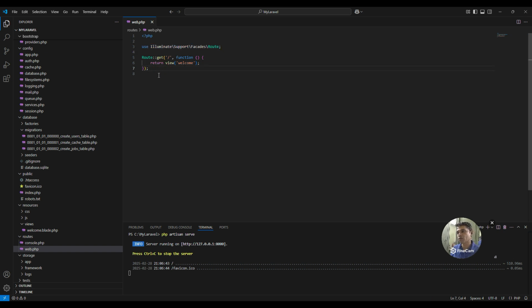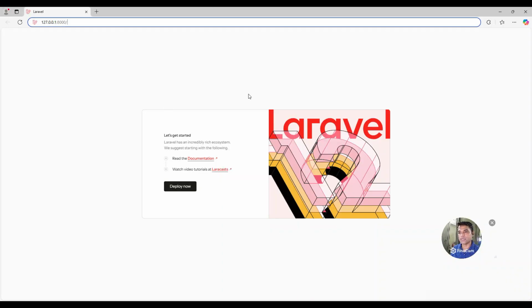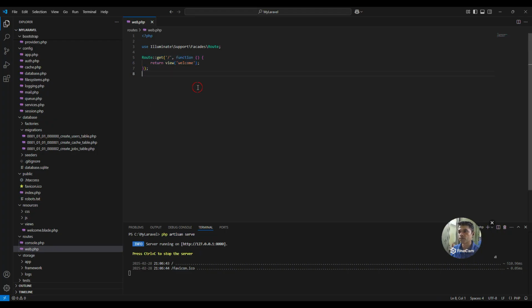So to define the route, the first demo route is already created, that is running because of this. This page is being loaded from this particular route. Now how is it defined? Just observe it. Route::get, the method is get, slash. Slash means the starting point of your application, that is the root of your application, and then it is defined that function. So what actually happens is when the user browses the root of your application, then this function is being